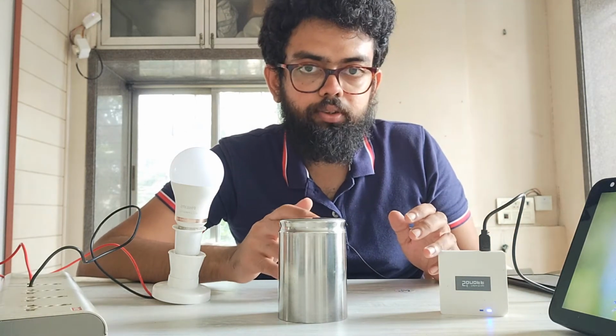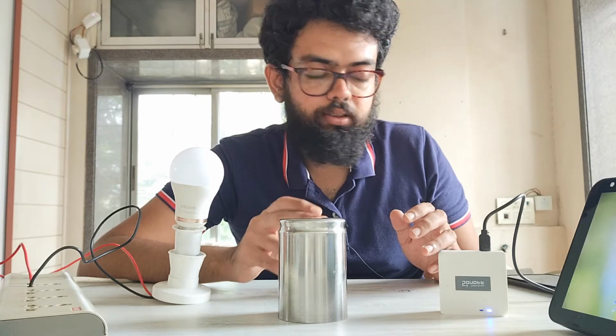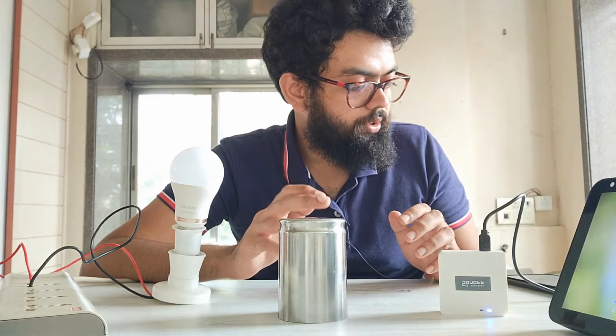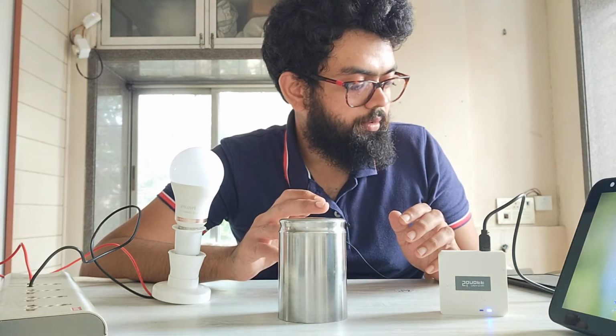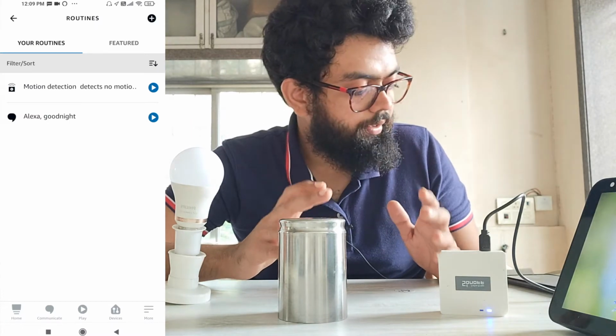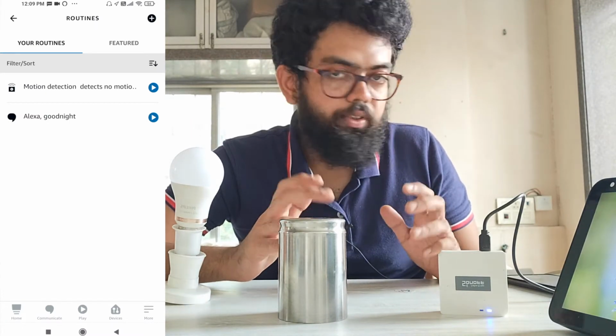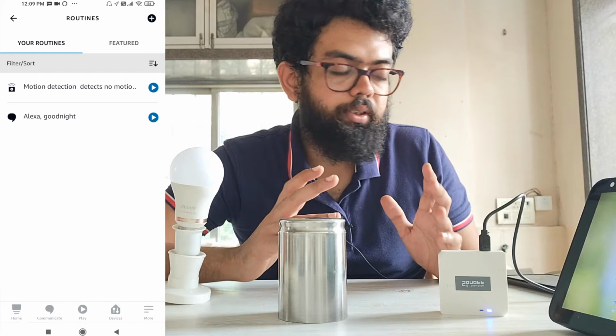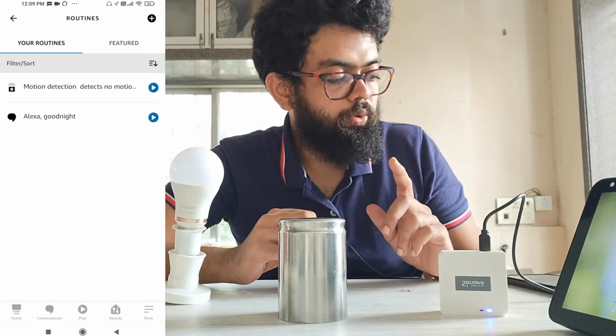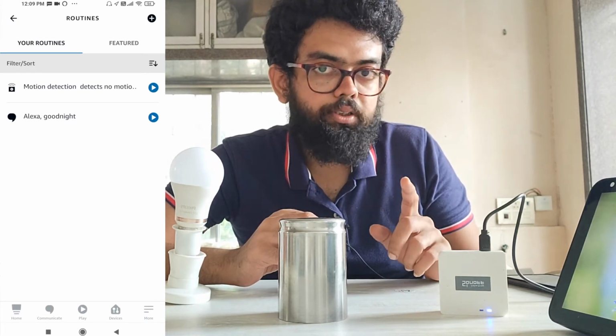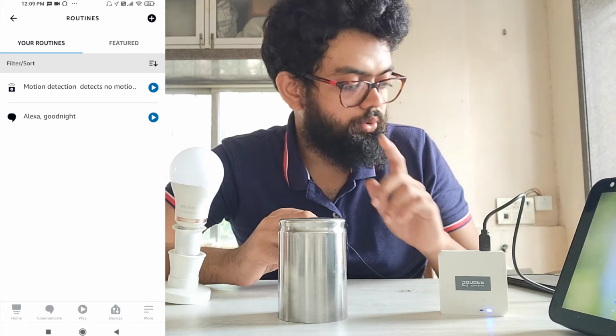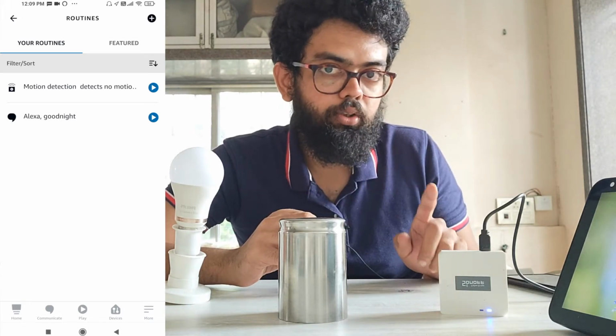Here, as you can see, the motion detector is inside this cup. So let's wait for a minute. I have set the time from 12:10 to 12:12. So if there's no motion detected, it should trigger the Alexa routine. As you can see, I have not created an automation for when the motion is detected. There is just the no motion detected automation.